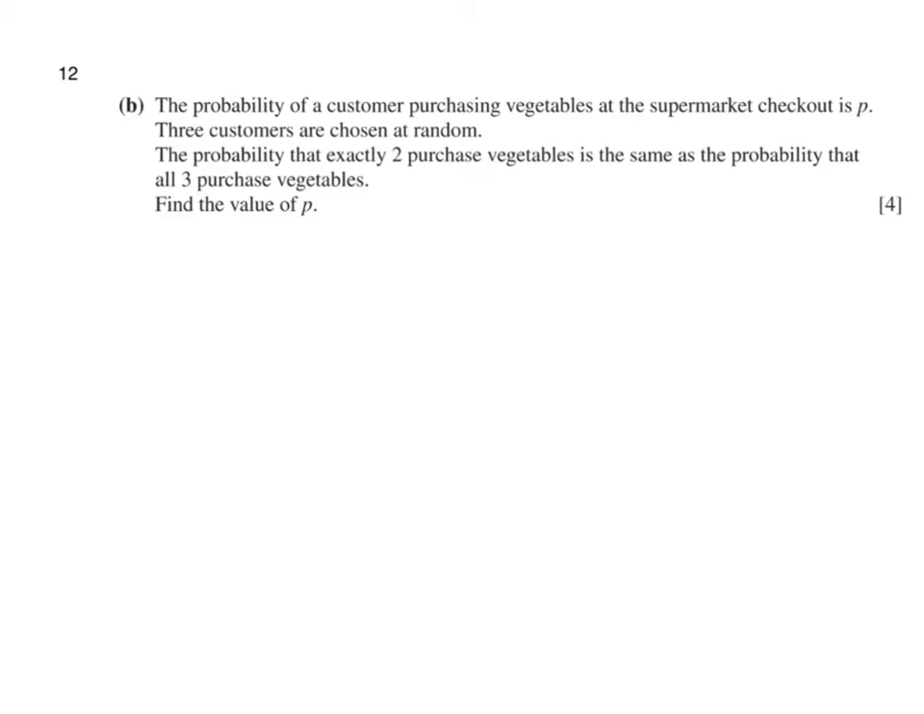Binomial will be a quicker approach. I'll do that method afterwards. But let's think of the ways that we could have 2 purchases. So the probability of getting 2 purchases. That could be a purchase,